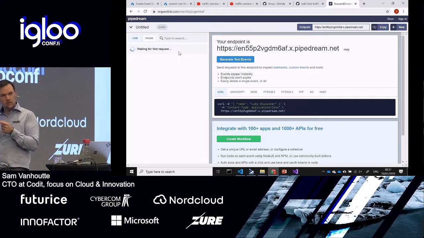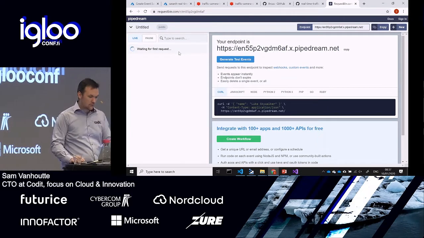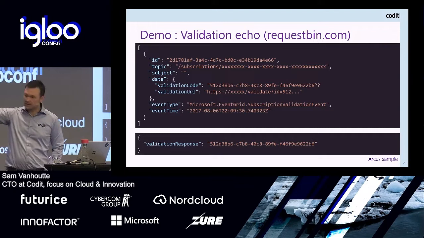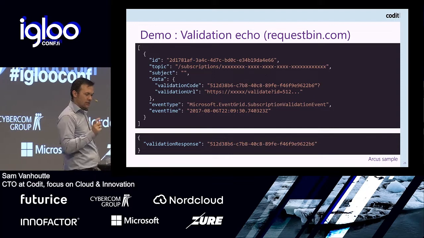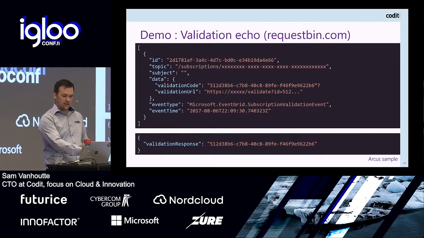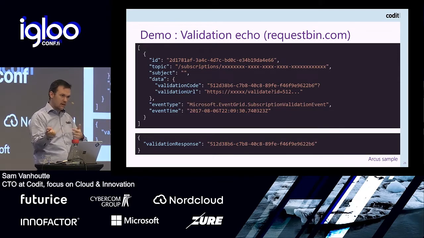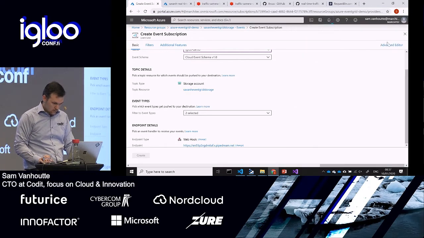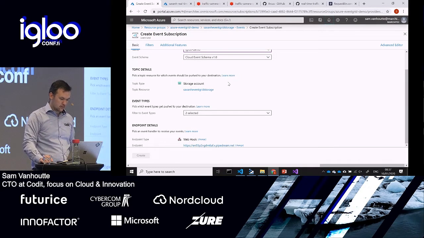So what happens is Microsoft would now push that message into this endpoint, and if I go back to the slides, I would get the validation URL, which is an HTTPS endpoint, and the only thing I have to do is a GET, and I pass that validation code in that GET, and as soon as that happens, the handshake is done and created. So this is probably just taking a while. Let's forget about the validation here.